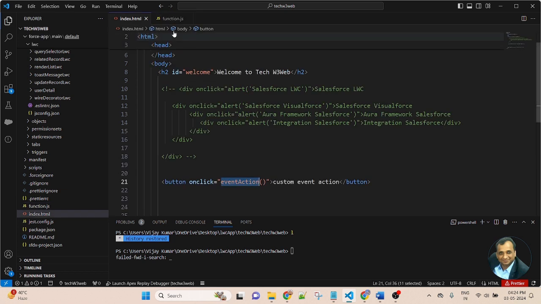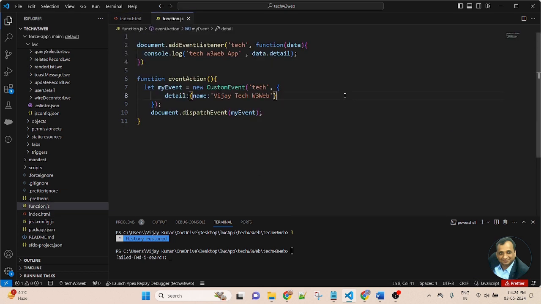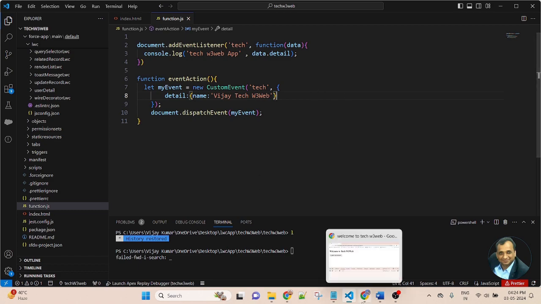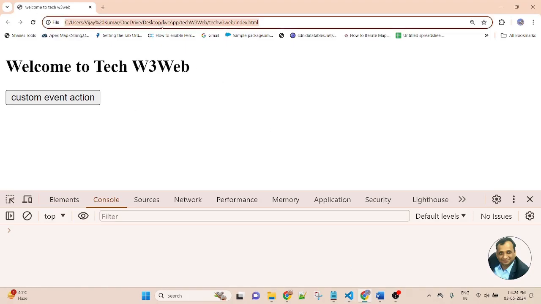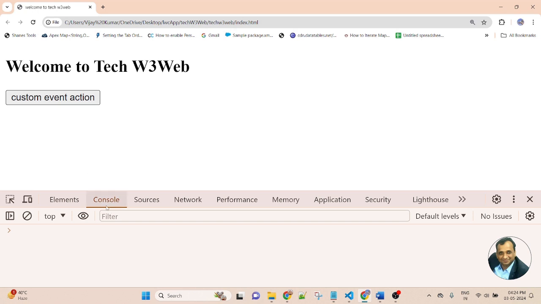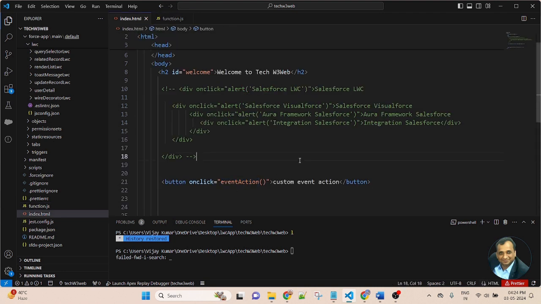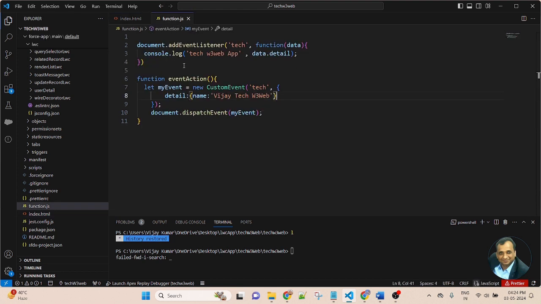So I am saving both of the files. Now let me go to the browser, refresh. This is the console. Whenever I click on this button, this is a custom event, and here I am passing the event action function.